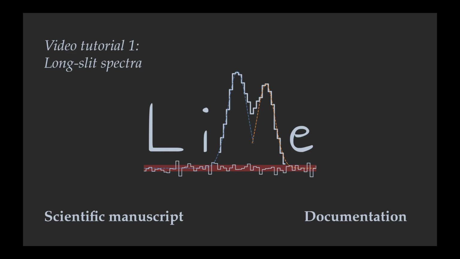Hello everyone. In this video, I want to present LiMe, a Python package we made to measure lines in astronomical spectra. You can read about all its features in the LiMe publication and its documentation by clicking on the links on the screen. In this first video, I would like to provide an introduction on how to use LiMe to